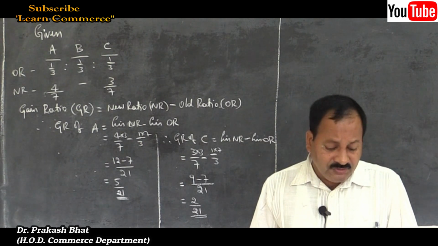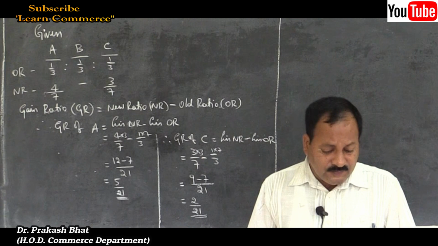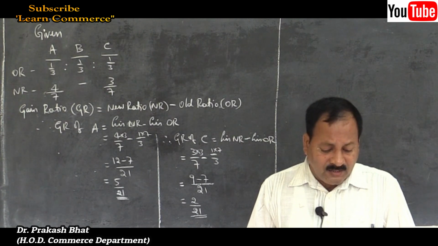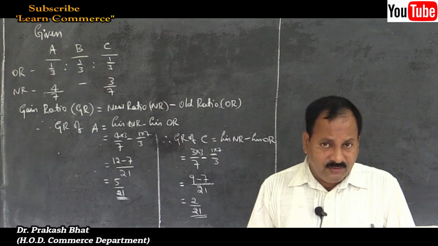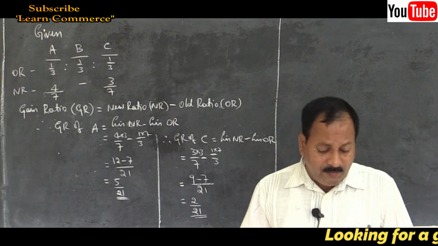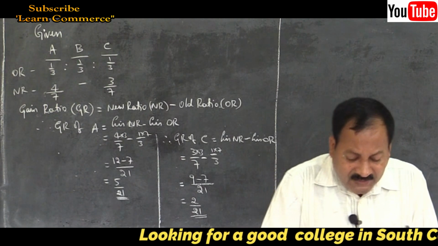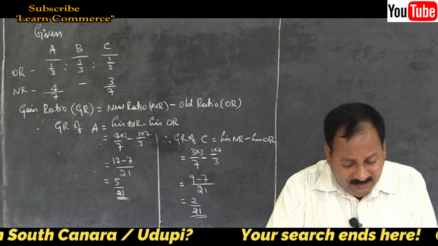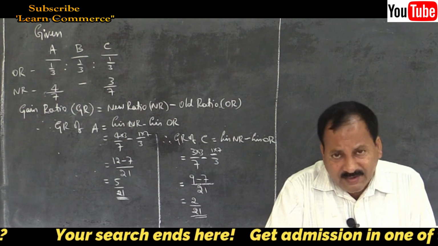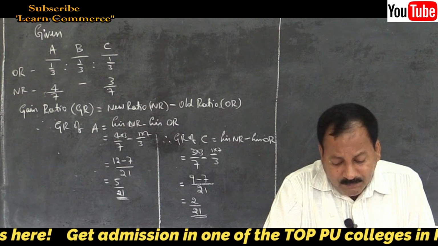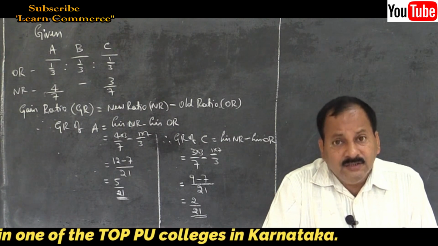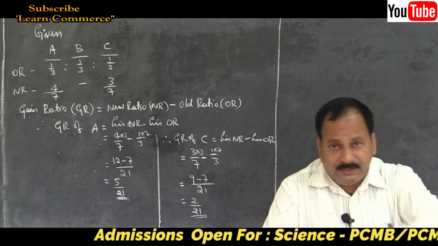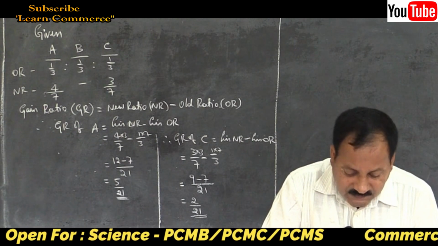So 1 by 2, 3 by 10 and 1 by 5. So what you should do? Which is the common number to which we can divide all the denominators? 20 is the common denominator. We can divide 20 by 2, we can divide 20 by 10 and we can divide 20 by 5, correct? So we have to multiply the numerators also and arrive at a common denominator and numerators so that we can compare.